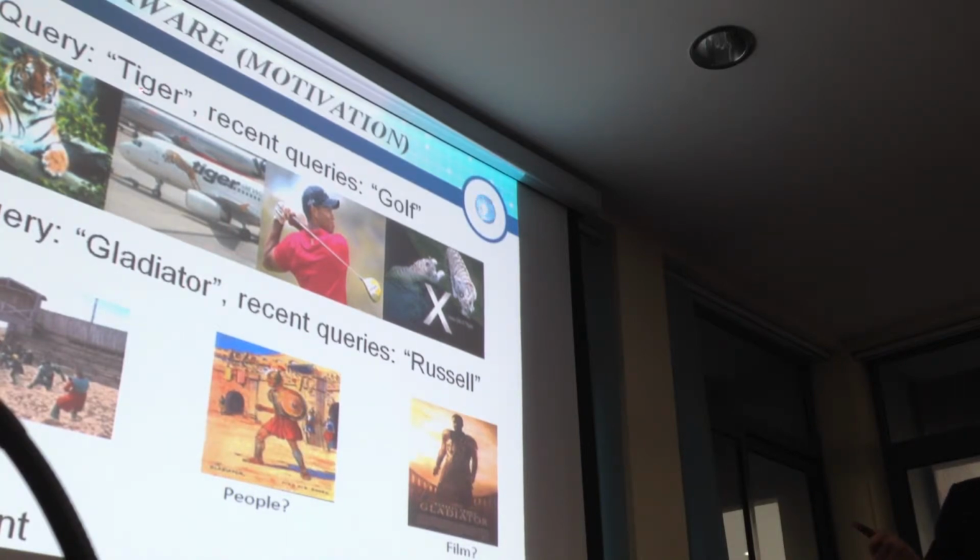As you can see, the tiger here can be many objects like an animal, an ally system, and a golf player. To overcome this problem, our methodology is that we focus on 2 main components. The first component is the recent query inputted by the user, and the second component is the history of searching by the whole community for the search engine. For this example, if you focus on the recent query inputted by the user, boom, you can see that the result of this query may be related to a golf player, Tiger Woods.